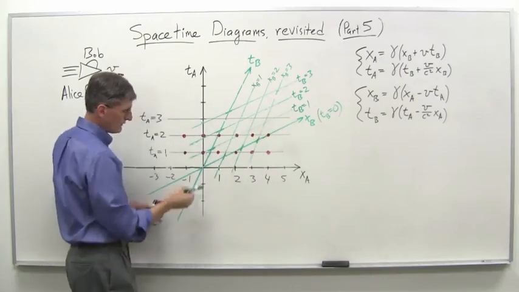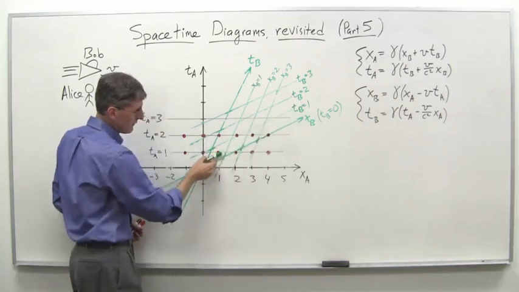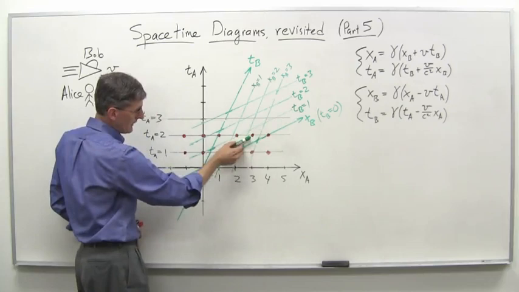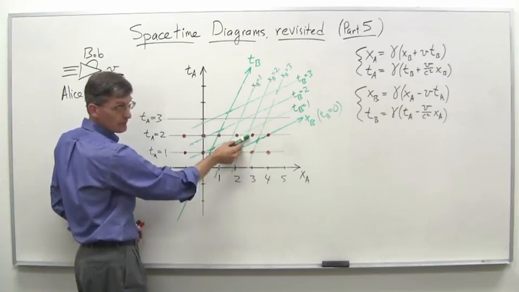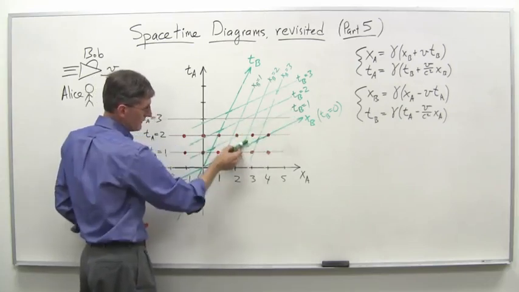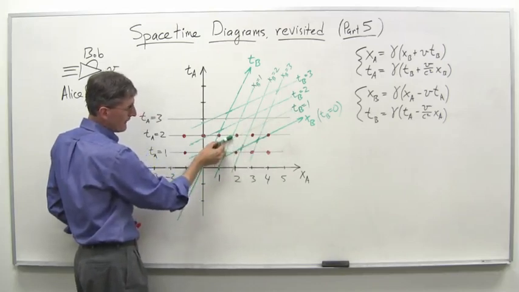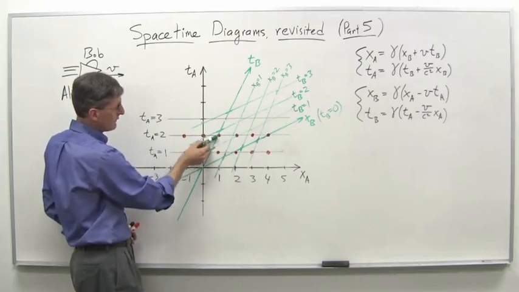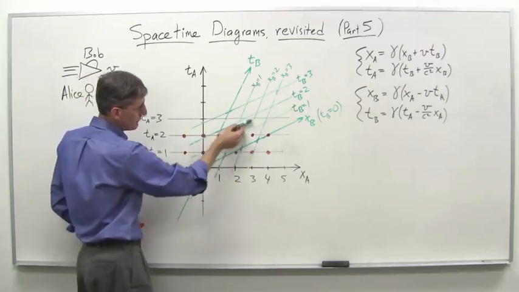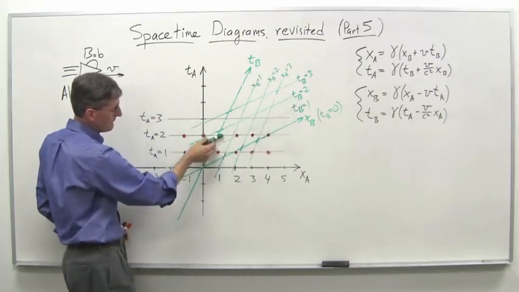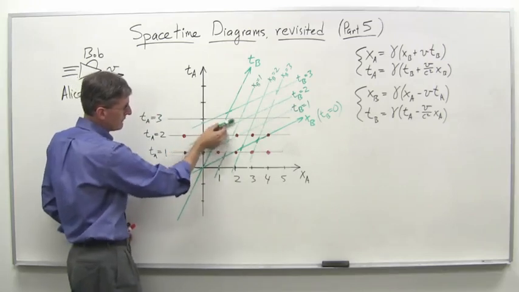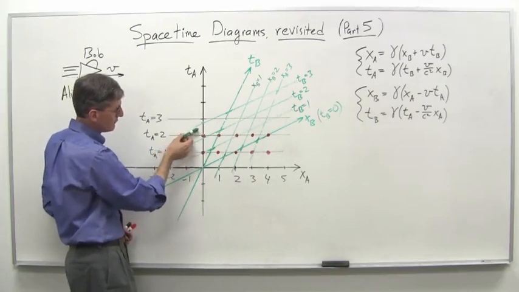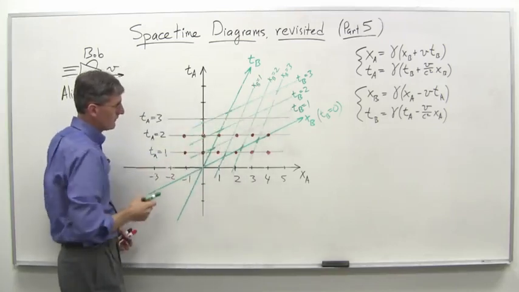T sub b, so you have to imagine these lines of simultaneity for Bob parallel to the x sub b axis. So this is another time line, as it were, and that's maybe at t sub b equals 1/2 there. Okay, and then this third flash here occurs maybe just past t sub b equals 1. The fourth flash occurs at maybe about 1.7, 1.8 to Bob, just past the t sub b equals 2 line of simultaneity, and then this flash here maybe about 2.7, something like that, just under t sub b